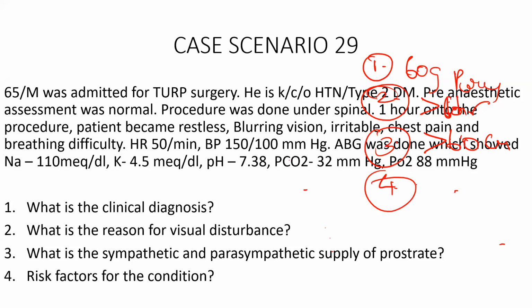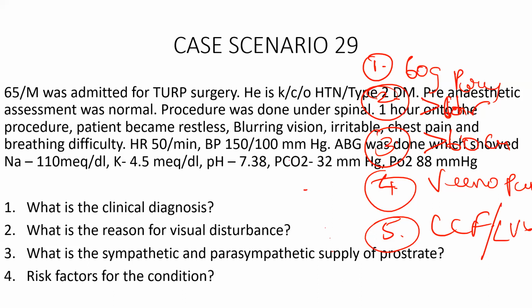Then the venous pressure. Anything which decreases the venous pressure, like the patient having hypovolemia. So when the venous pressure is down, more and more fluid can get into the circulation. Then the type of irrigating fluid used. Patients with congestive cardiac failure, baseline residual function is very poor. So when the LV function is poor, those patients are at high risk of developing this TURP syndrome. Good. These are the important risk factors.